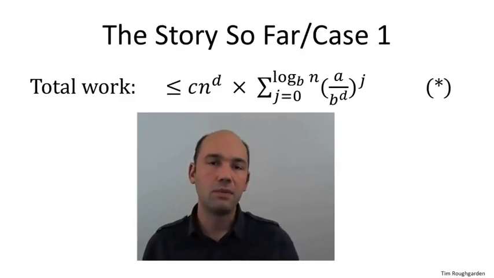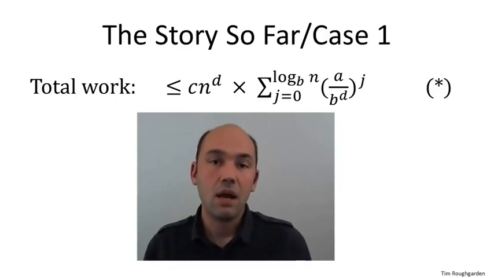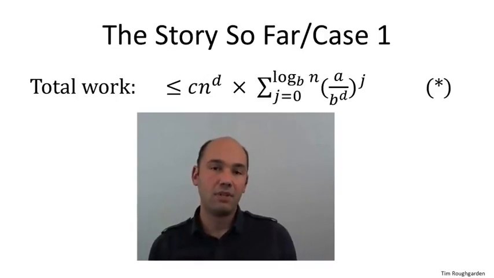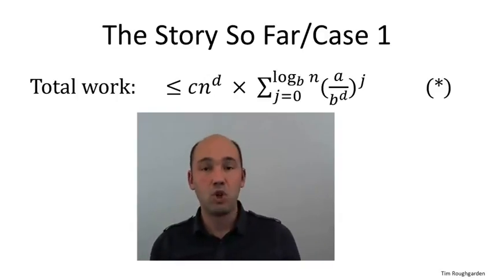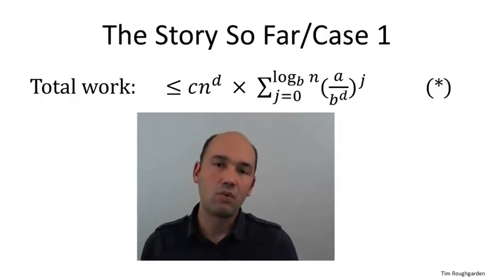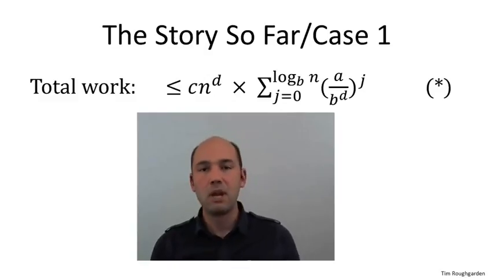C n to the d times a sum over the levels j from 0 to log base b of n of quantity a over b to the d raised to the j. Having derived this expression star, we then spent some time interpreting it, attaching to it some semantics, and we realized that the role of this ratio a over b to the d is to distinguish between three fundamentally different types